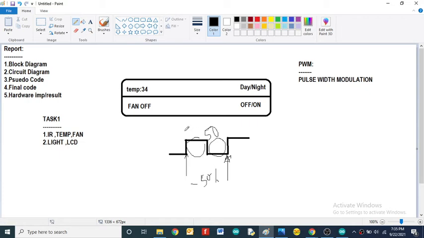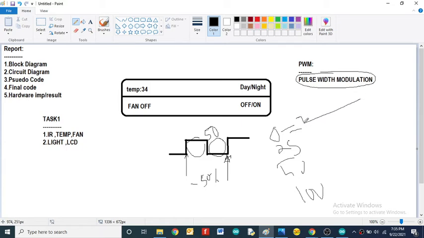So this on width can be controlled using this technique, that means pulse width modulation. You can control this on width to whatever you like. Like I want to control with 0% duty cycle, or 25%, or 50%, or 100% duty cycle. So what does that mean? 0 means the low level signal. So this is the 0% duty cycle.